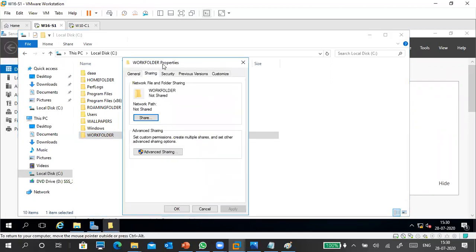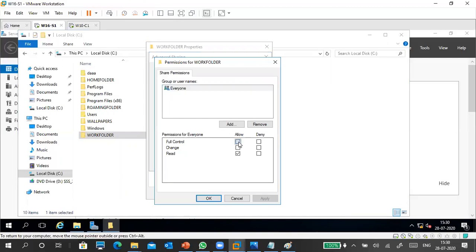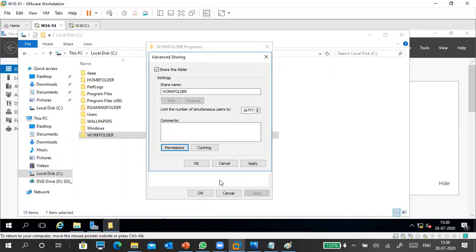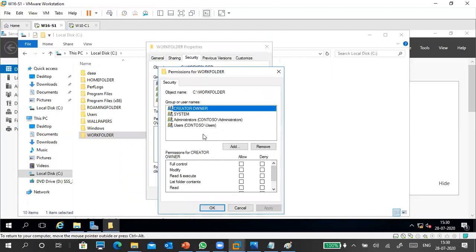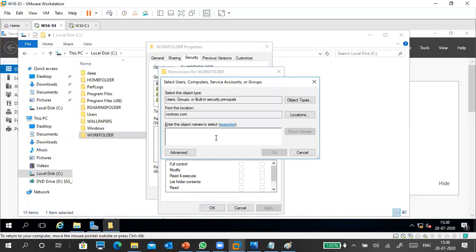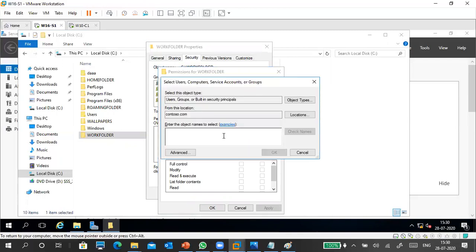Properties, Sharing, Advanced Sharing, Share this folder. You can share to everyone for now, not a big problem, because internally it will create per-user folders. And I am setting security like this. Otherwise I would give full permission to authenticated users or domain users.